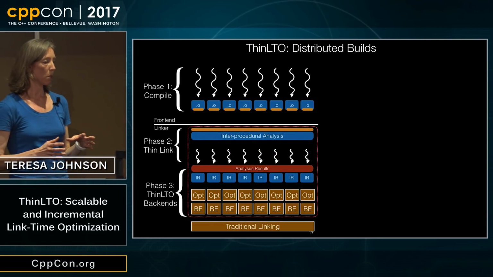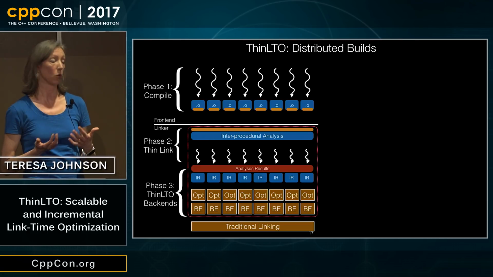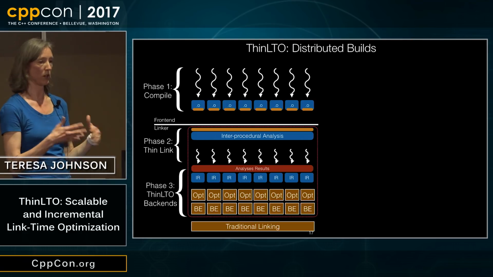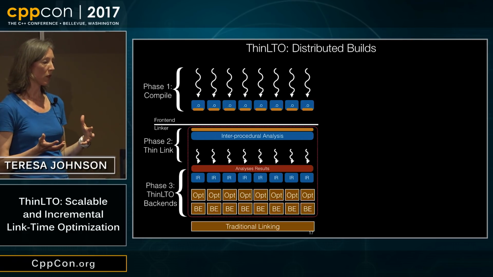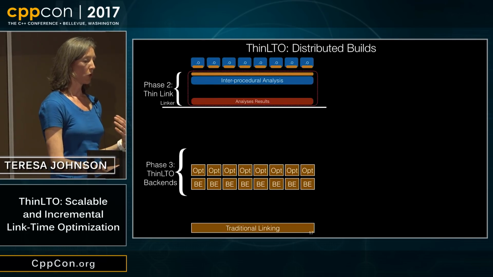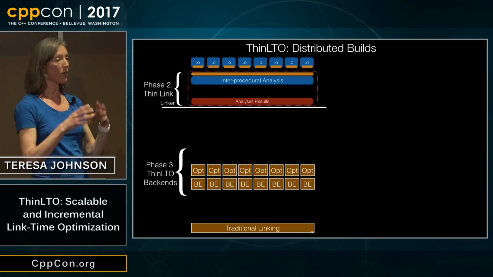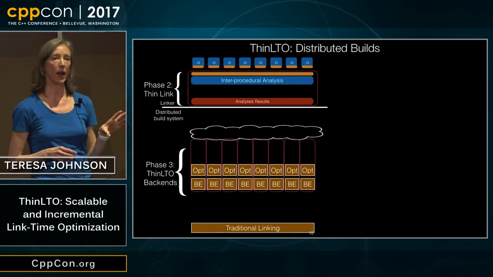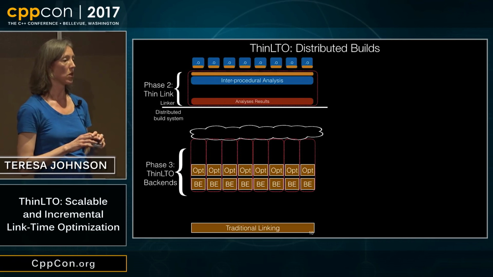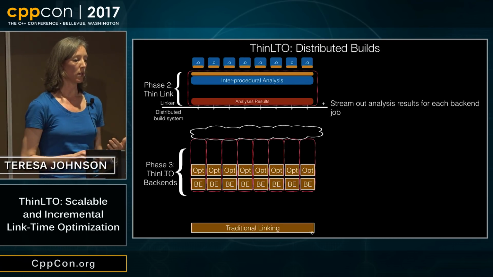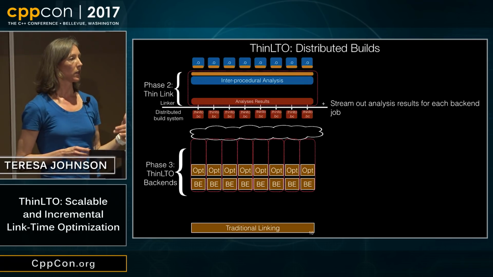So for distributed builds, we have a distributed build system in Google. We don't want to have this running on a single machine. We don't want to use different threads for the backend. So now we have to split things apart into different processes. So for distributed builds, there's a mode in which you can have a separate thin link process. And then each of these ThinLTO backends becomes a separate process that you can now send off individually to different remote build nodes. And in order to make that work, what we do is serialize out the analysis results for